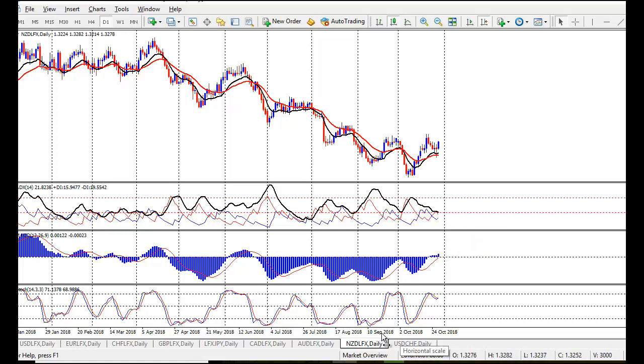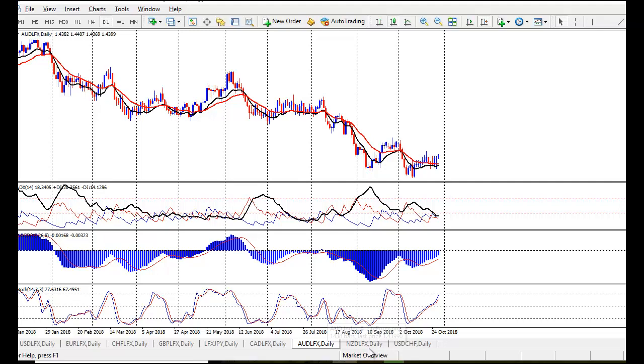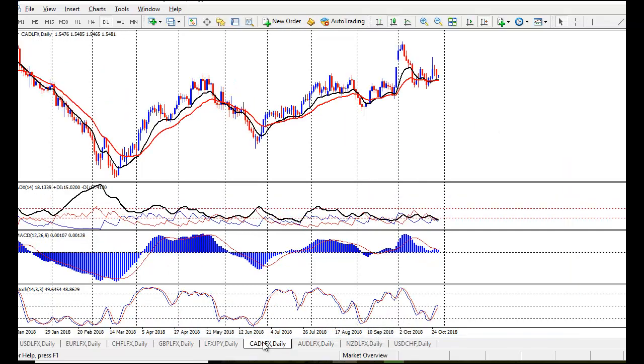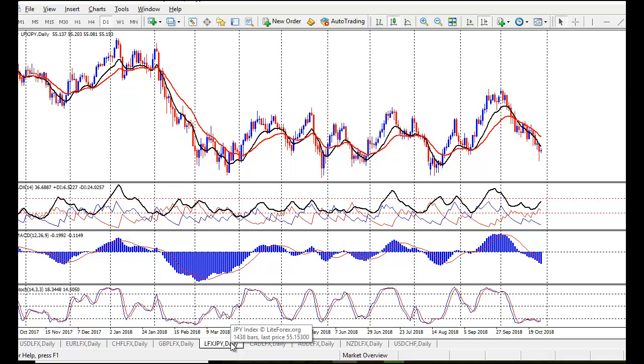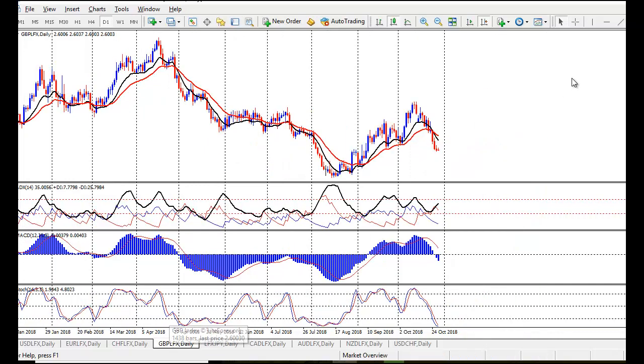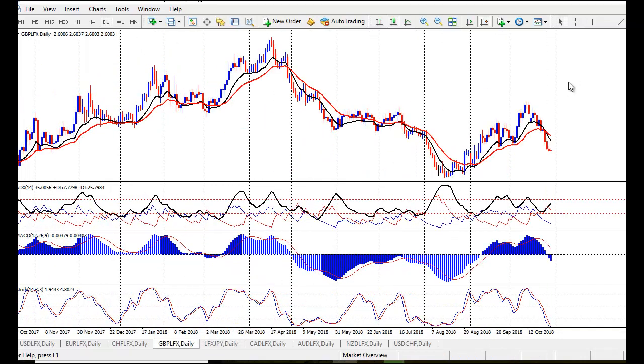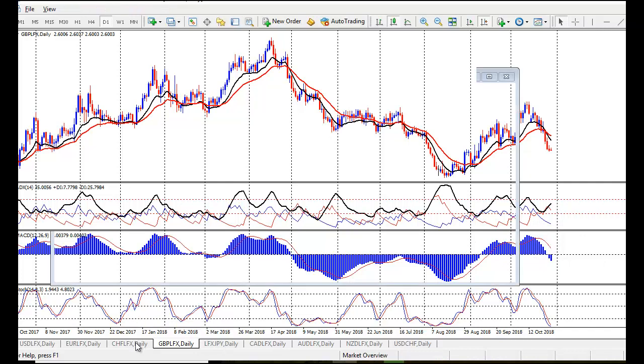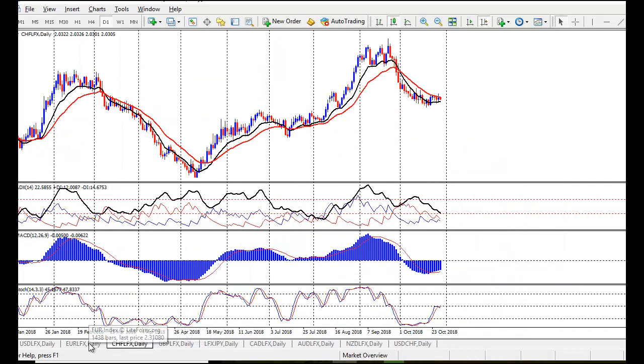So overall, if I have to look at the start of the week on a Monday, I can see nothing on New Zealand, nothing on Kiwi, nothing on the Aussie. Again, the Canadian is mixed. Yen is the only index which is showing strong signs, so that's the reason why yen pairs have been moving down. Pound yen could still give you some trade opportunities, sell opportunities. Apart from that,